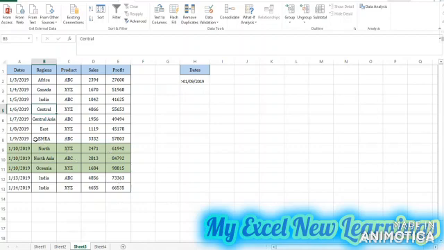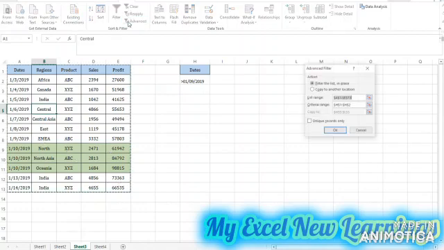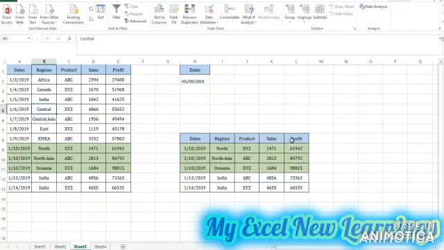So I will click in the data, then I will go to the data tab, then I will click on the advanced filter. Then my list range is already selected. Now I will clear this criteria range. This will be our criteria range and I want to copy and paste the data here. So we have a total of 5 records which are greater than Jan 9. So here are the 3, 4 and 5. This is our data.